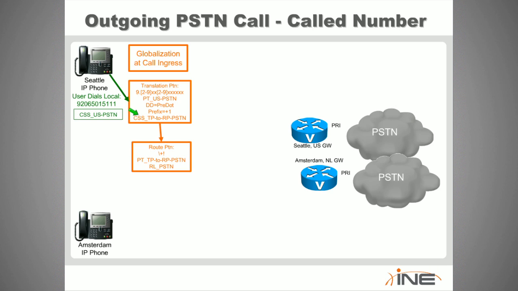So next, we do have a calling search space which is called TP to RP PSTN, translation pattern to route pattern PSTN. And what do you know? We find a pattern that matches backslash plus anything in the partition of TP to RP PSTN, which is inside that CSS. This is what's known as our globalized route pattern. If you do not have urgent priority on your globalized route pattern, then it doesn't matter how specifically your calls were matched from the translation pattern, whether you had urgent priority or did not have it checked at the translation pattern level. If you do not have it checked at the route pattern level, where the DNIS digits